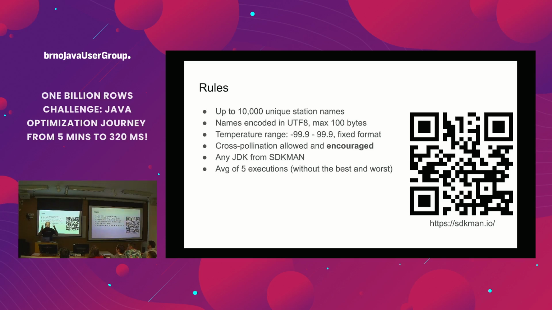And how it was measured. Your program was executed 5 times in a row, and out of these 5 executions, he would remove the fastest and the slowest. So there are 3 left, and he averaged that. That was your score, and you could submit as many programs as you wanted. I submitted, I think, maybe 6 different versions, each time with some improvements. And this combined with this cross-pollination, I think that is what pushed the boundary quite a lot.